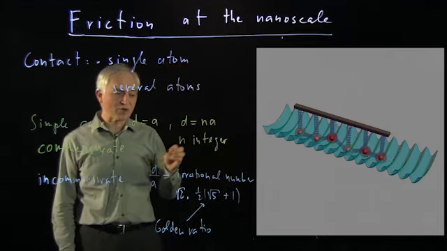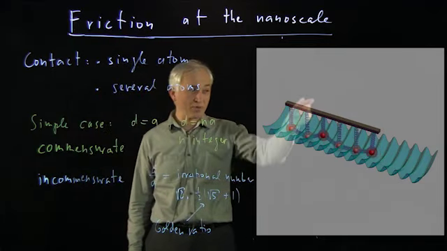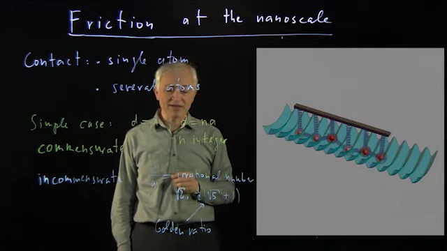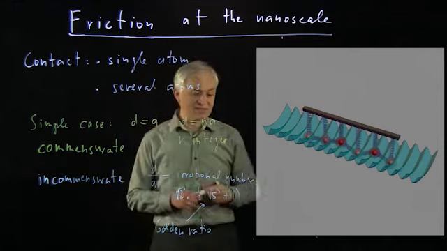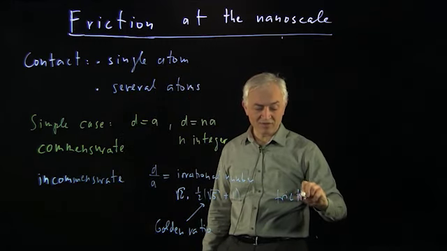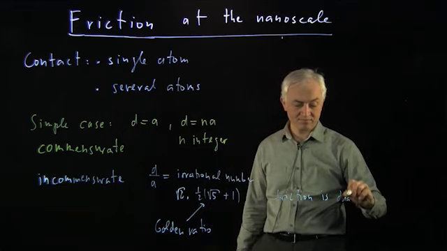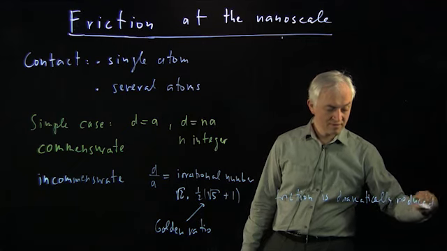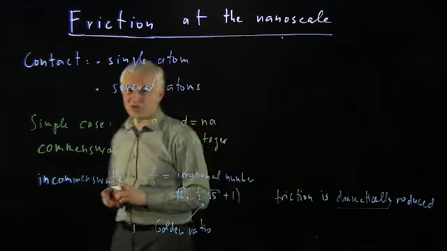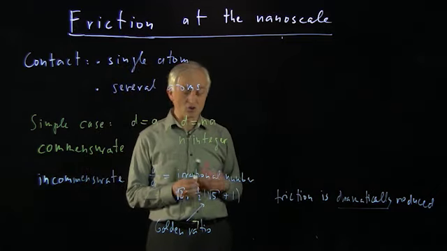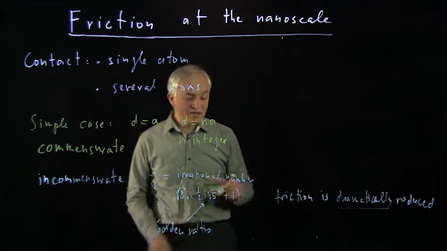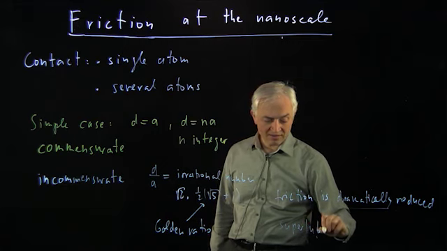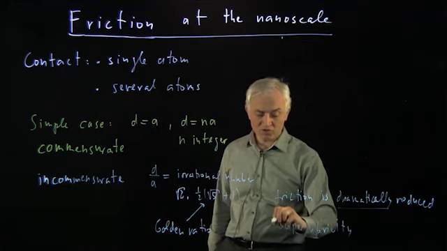In technical language, we call these things kinks. You can see that there are periodic compressions. There are compressions in the chain and stretches in the chain. And so these atoms move like a caterpillar. And now an interesting fact is that in this case, friction is dramatically reduced. And depending on which regime you are in, the friction can even disappear altogether at a nanoscale. The reduction was so large that some people have even coined the word superlubricity.